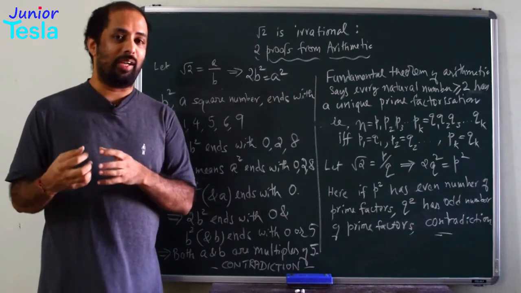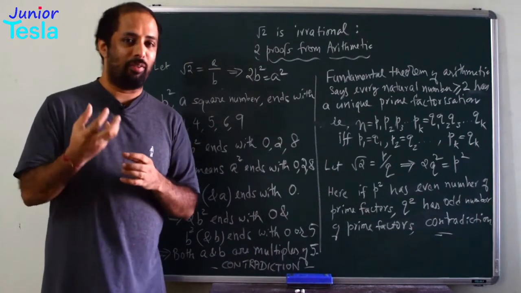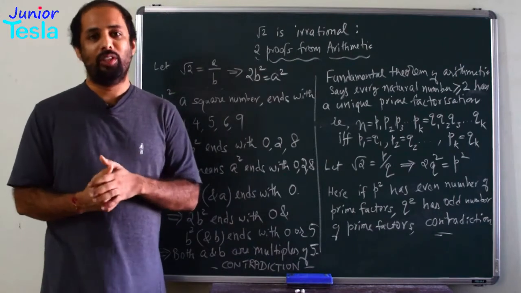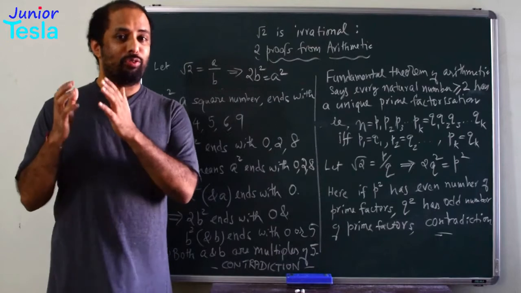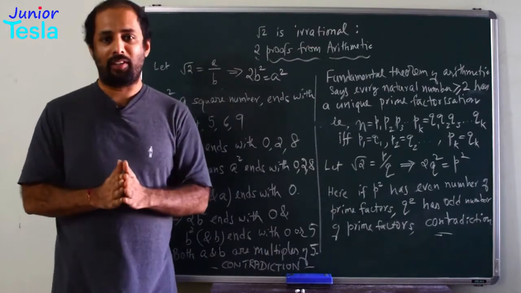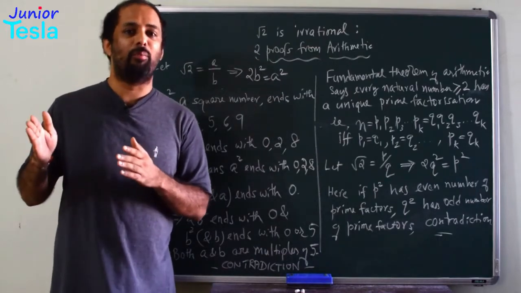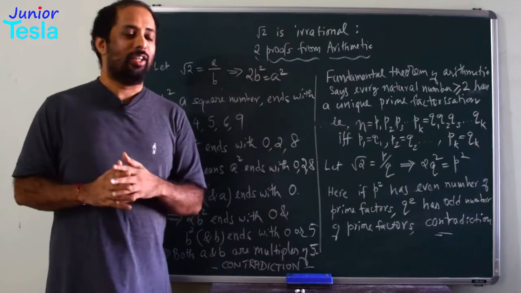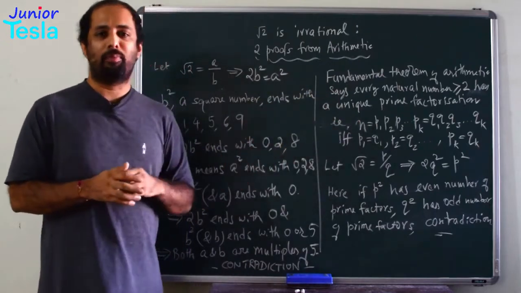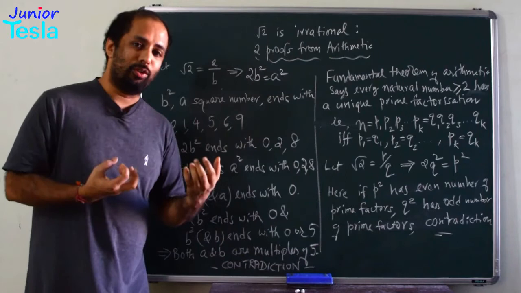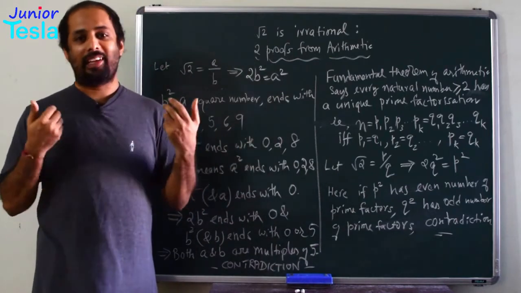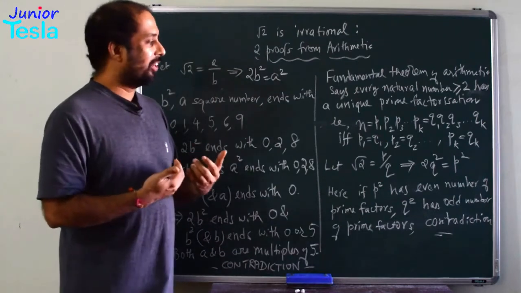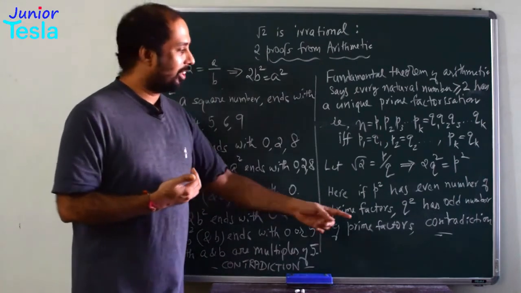Now 2q square, q square is a square number, but it is multiplied with the 2. So q square also will have an even number of prime factors, but 2q square will have an odd number of prime factors because it is having one more prime number 2, right? So p square has an even number of prime factors, 2q square has an odd number of prime factors, and they are equated. So it is a clear contradiction,